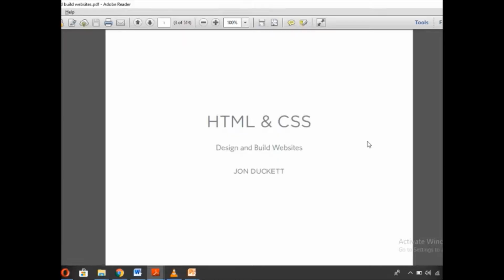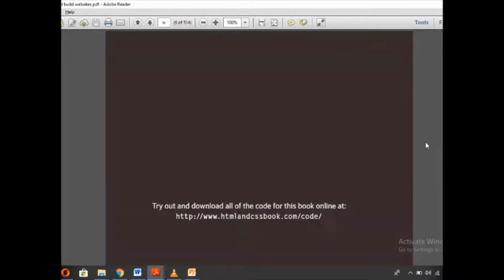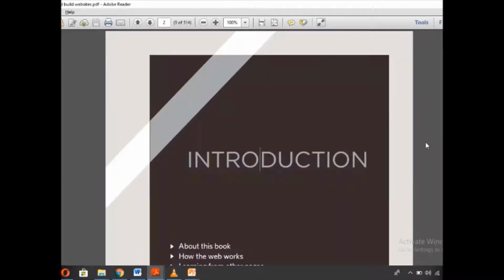In CSS, which is available online. Its PDF is also available, and I will also share this. And in this we are going to be talking a bit about the introduction, about what is HTML, and